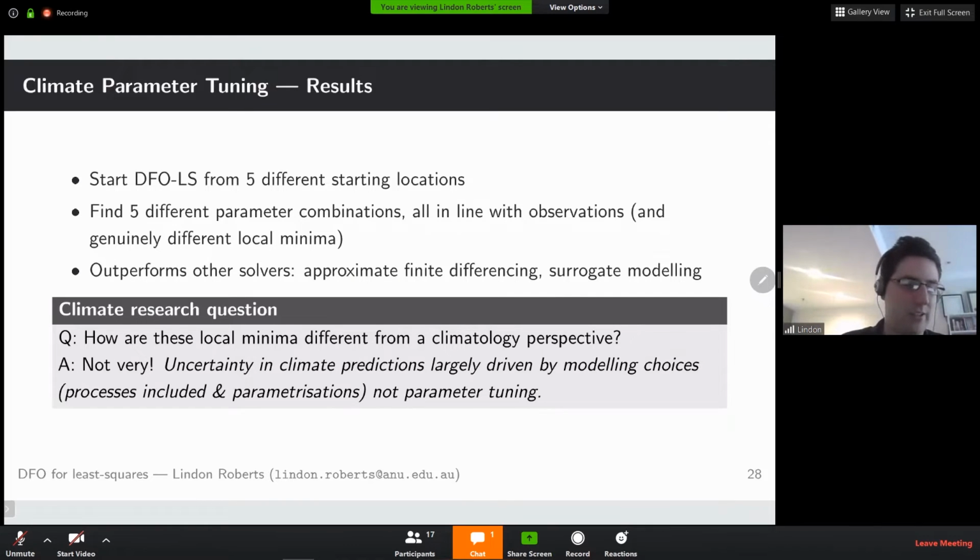They're not very different, these local minima. And the key conclusion here is that the uncertainty in the predictions of climate models, with different models calibrated to different data with different parameter choices, giving very different predictions. If we look at what's out there in the literature, we think that the uncertainty is really going to be driven by the modeling choices, so what physical processes we include, and not the tuning of the parameters, so what you choose to fit to and how you choose to do that